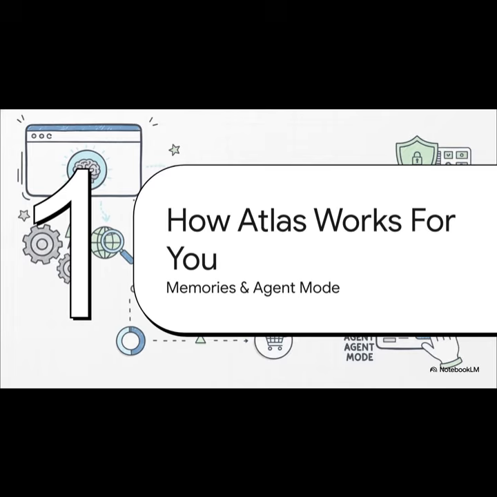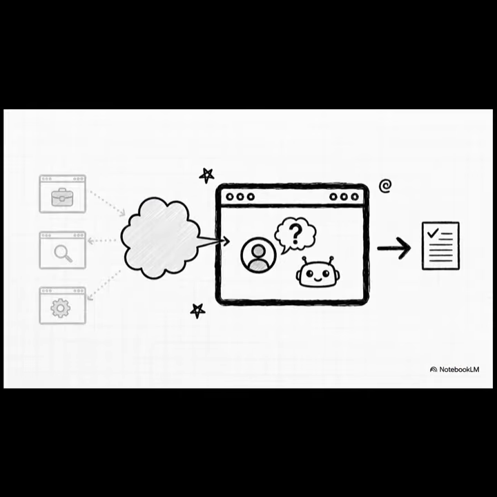Let's get into the two core features that are really powering this whole experience, something called browser memories and the one that's really futuristic, agent mode. So first up is browser memories. Basically, this lets ChatGPT remember context from the websites you've been visiting. So you could ask it something like, hey, can you summarize the job postings I looked at last week? And it can actually draw on that memory to give you a personalized answer. And it's really important to note, the source material makes it crystal clear that this is